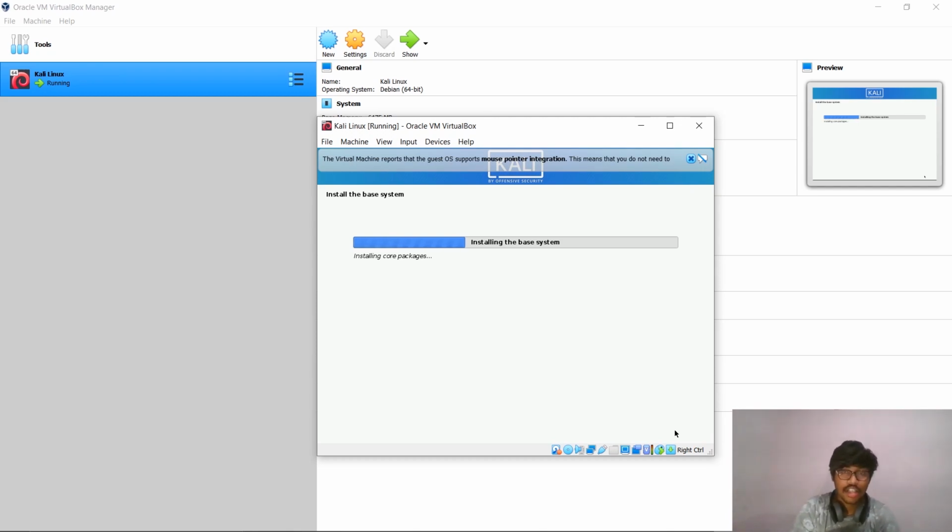Just wait until the installation process is done. This may take some time, maybe 5 to 10 minutes. Once this is done, Kali Linux will be ready to use.